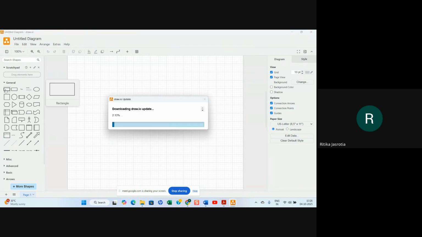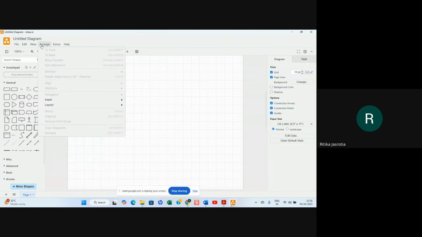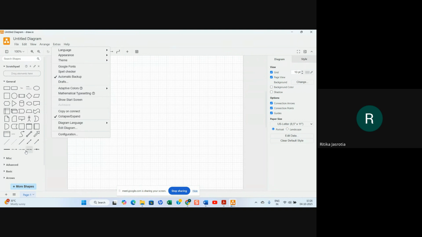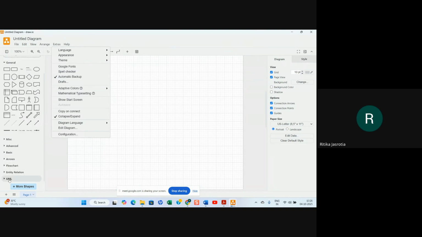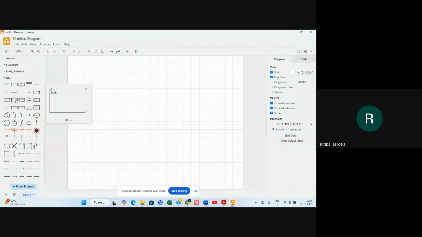Here you can use the different options. Here you have miscellaneous, advanced, basic, arrows, flowchart, entity relation, UML. If you go to UML, you will find different shapes. This is object.